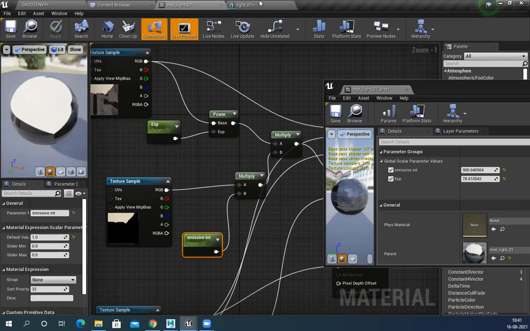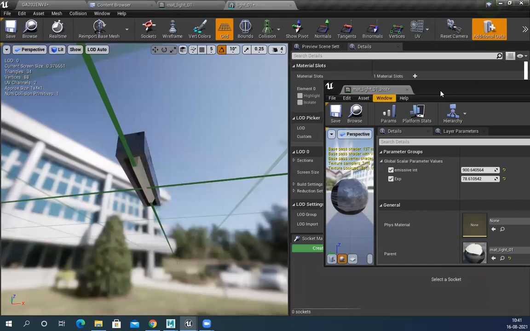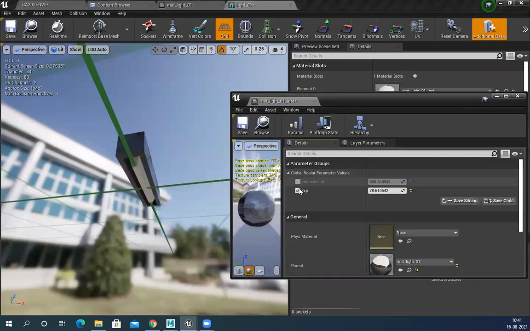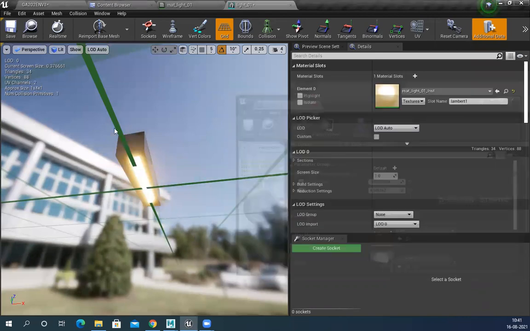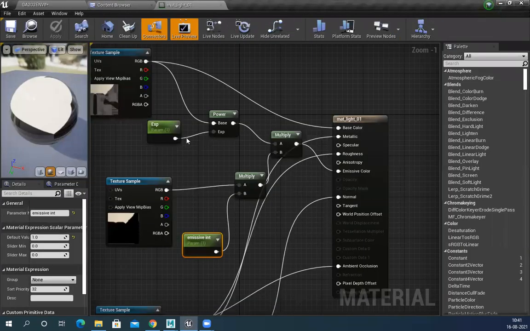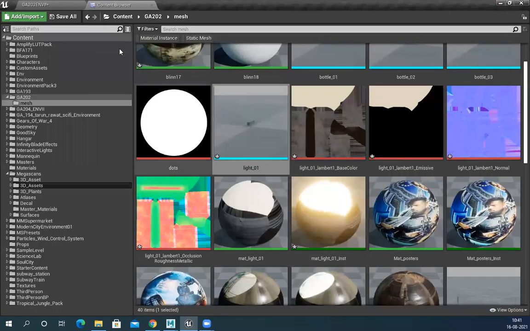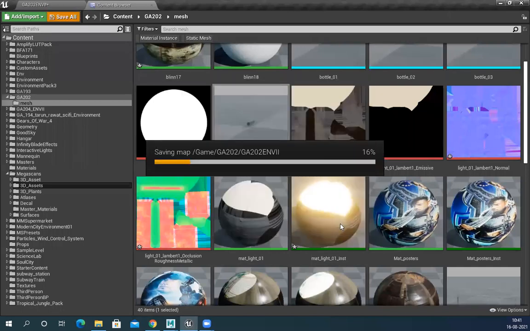Yeah, now it should glow. You can see I can control it, it was too much. I can reduce, increase, make it nicely bright. Okay, not glowing, glowing. Now this is done and ready. Let's save everything. Save.